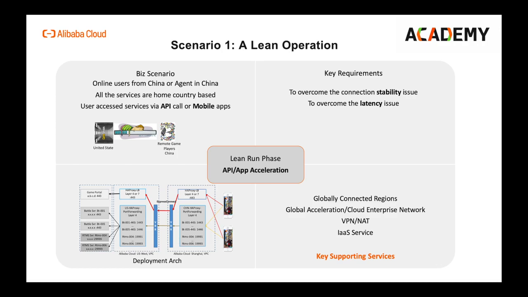In this case, you can get help from a partner to apply for ICP, and your primary issue will be overcoming network stability issues, so you'll want to look at something like CEN or maybe our Global Acceleration Service, which is also designed to accelerate overseas applications for users in China. So at that point, it's just a local partner plus some type of network acceleration tool. Your site or application is still hosted outside China.